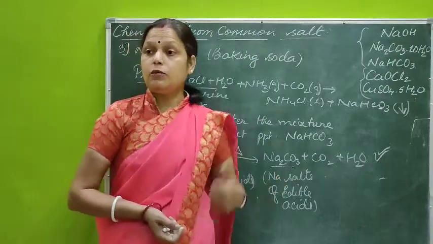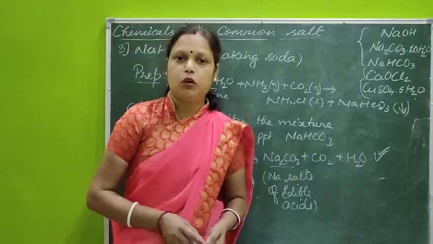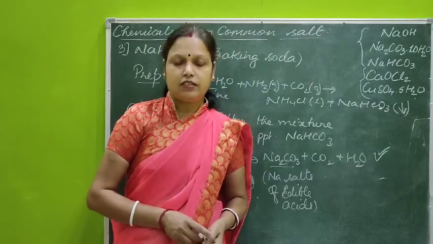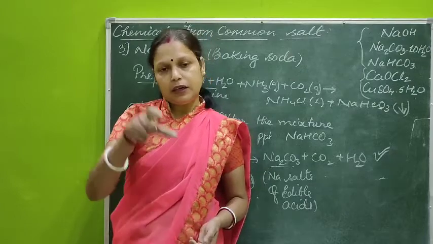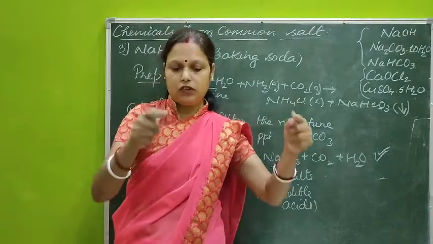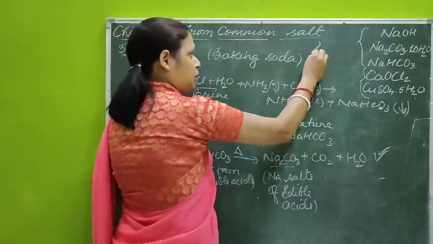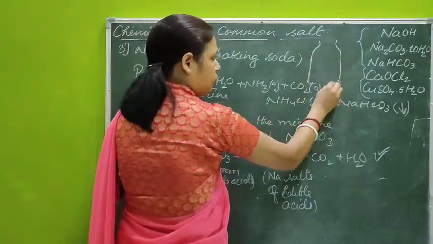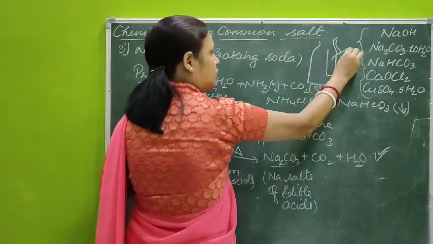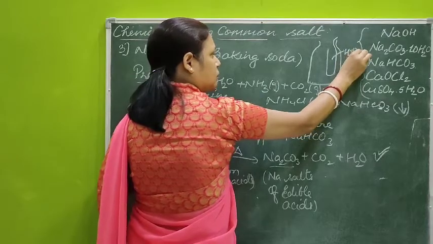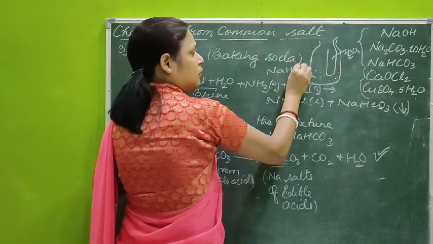Other than that, the same sodium bicarbonate is also used in fire extinguishers. It is a very important use in fire extinguishers. Fire extinguishers have a separate second chamber in that. One major cylinder is there in which another component is also there. Here the basic flask of the fire extinguisher, in which one more chamber is there, in which the acid is there. Suppose sulfuric acid, and here sodium bicarbonate is there.